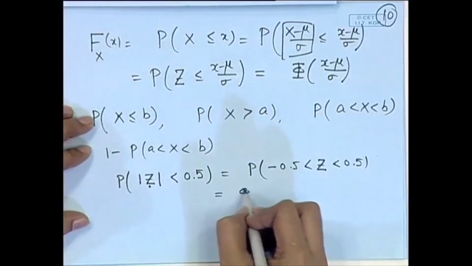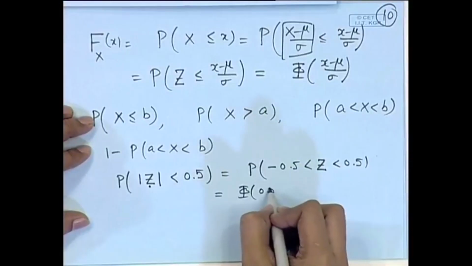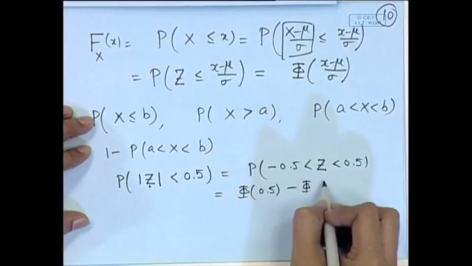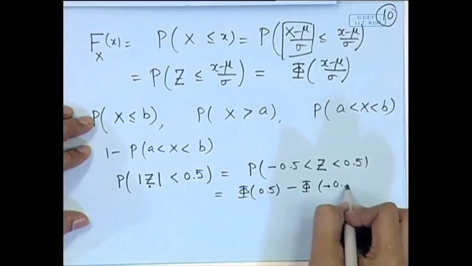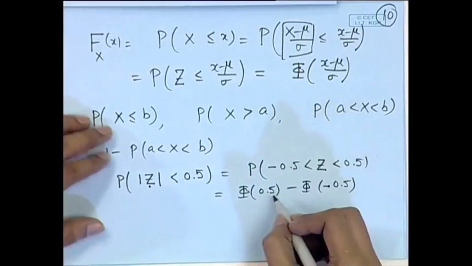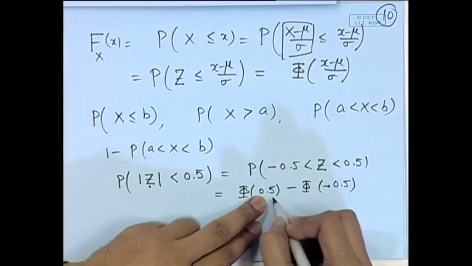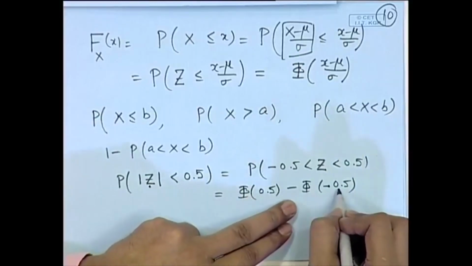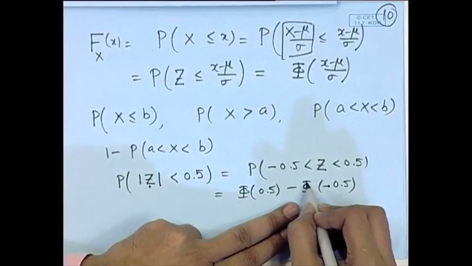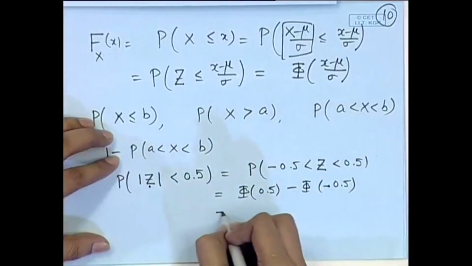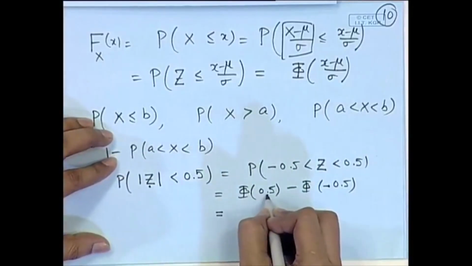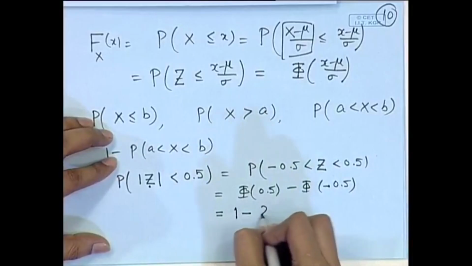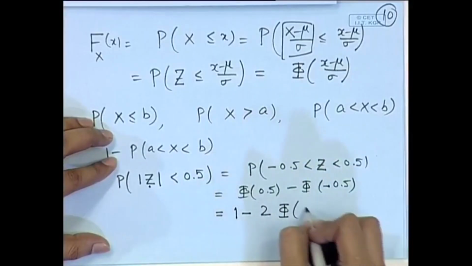So, this is equal to phi of 0.5 minus phi of minus 0.5. Because the value of one of them needs to be seen, we need not see both of them. Either we see phi of 0.5 or phi of minus 0.5, and the other one we can write in terms of 1 minus that. So, this becomes 1 minus twice